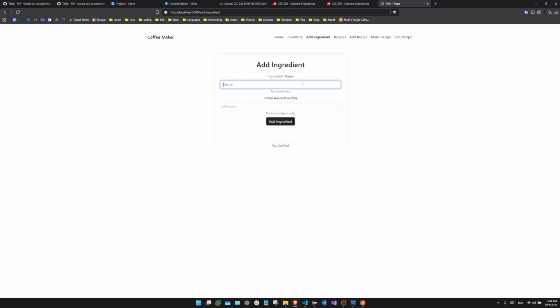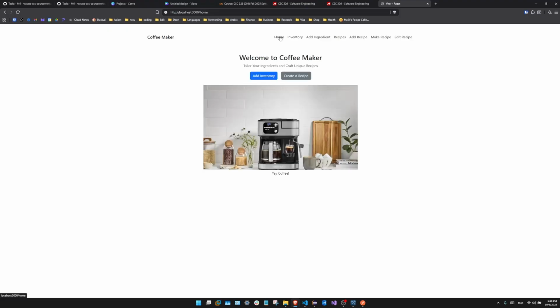We can just add an ingredient here. We can say, salt 1, and when it's added, now you see it's added here. Then we can add an amount to it. You can add 1, now it's 2. So yeah,